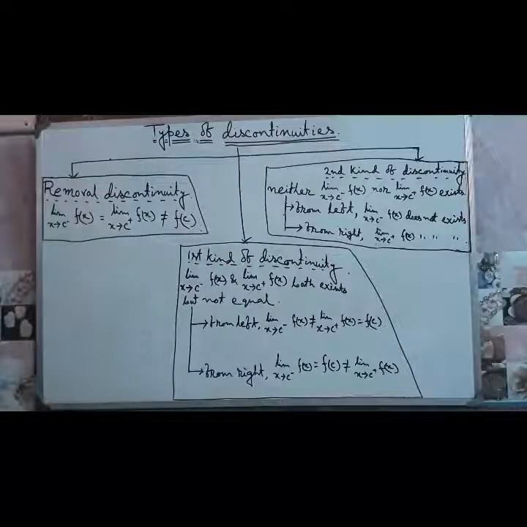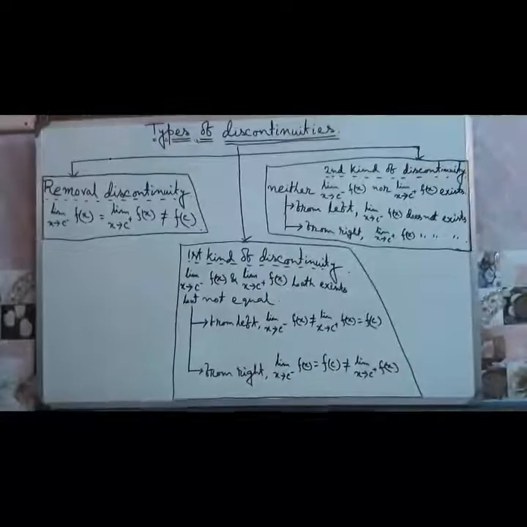Okay, that means the function becomes continuous if left hand limit, right hand limit and functional value at that particular point in the domain of definition of that function, all these three values are equal, that is limit x tends to c minus f of x is equal to limit x tends to c plus f of x, that is the right hand limit, is equal to f of c, that is the functional value at that particular point c. If these three values are equal, then we will say that the function is continuous at the point c in its domain of definition.